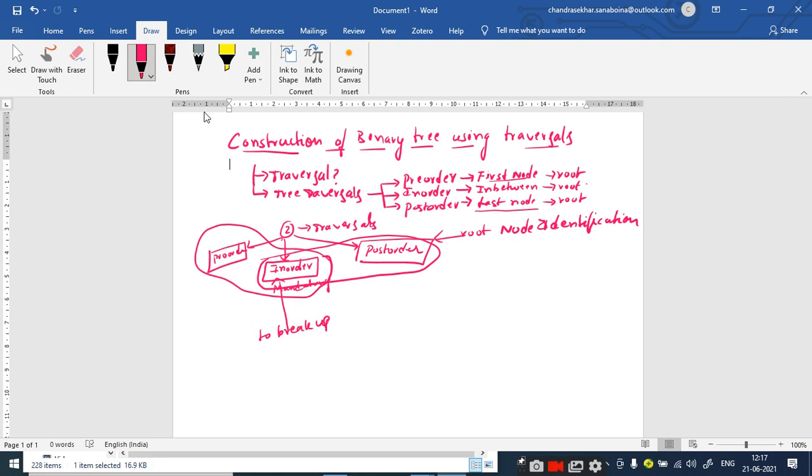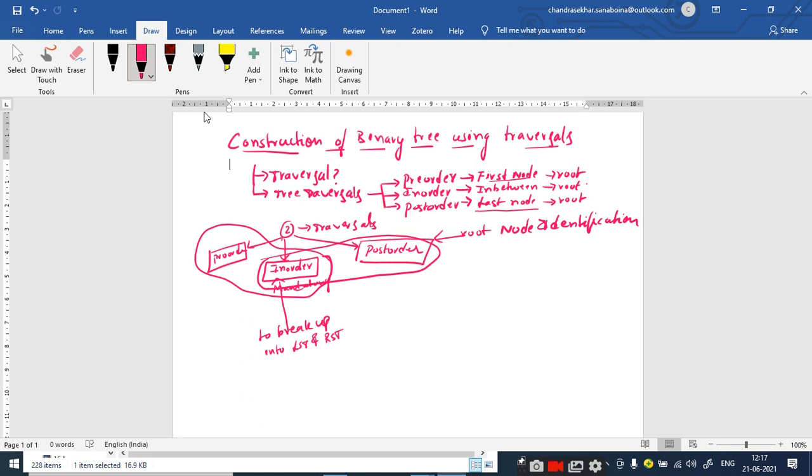the given list of nodes into left subtree and right subtree. Is it clear? That is the reason why we are combining the in-order and post-order, or the in-order and pre-order. By the pre-order and post-order, we identify the root node, and the root node is fixed.